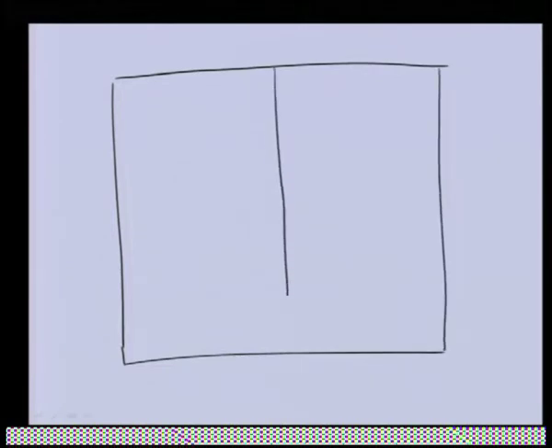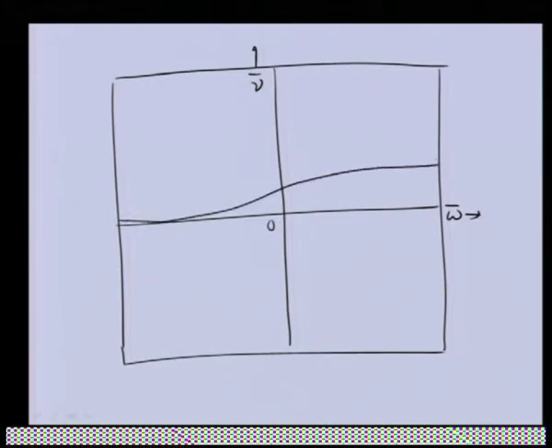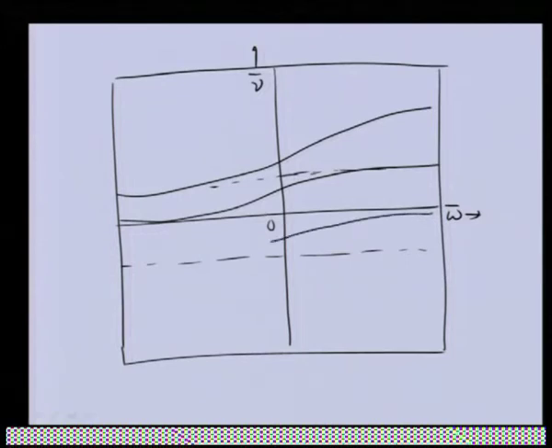in which this is the 0, omega bar is in the horizontal direction and nu bar is in the vertical direction, and we will be having 4 curves as we had previously, but they will not be horizontal. We will be having this kind of variations. Basically, if you draw a horizontal line, these two lines will be asymptotic to each other. Similarly, here if there is a horizontal line, we will be having like this, and